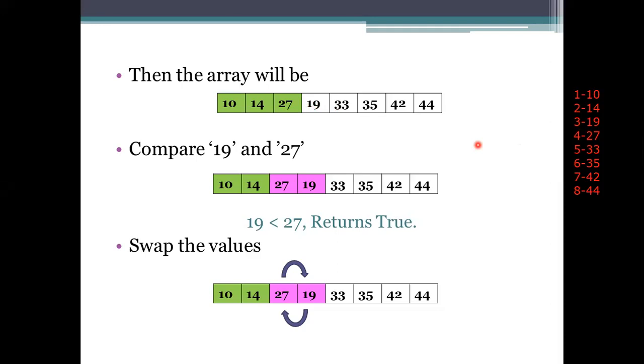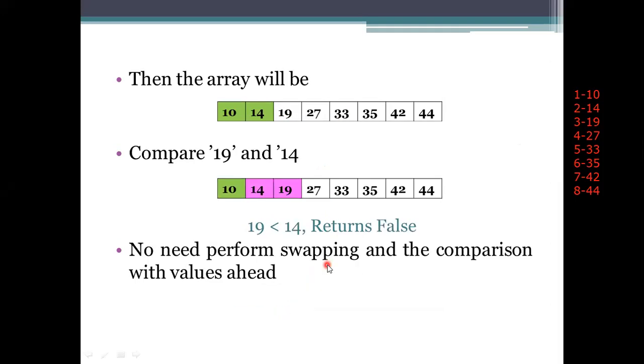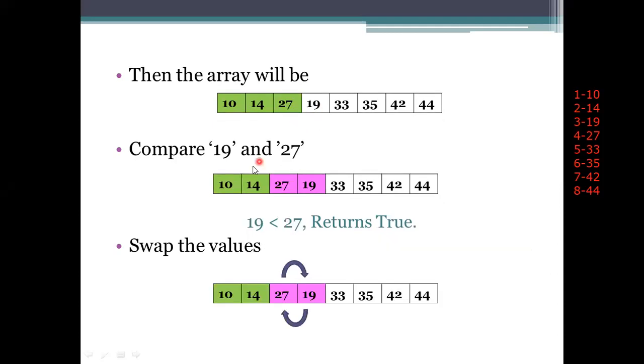If you are specifying logically, we need to check. If we are doing it manually, what you have to do is check where we need to place that one. So here this 19 will be compared with the 27, and returns true. We need to swap the values here, and the position of this one will be changed. Okay. So here this 19 and 27, up to this we are specifying it as a sorted one, because this is 3 that has been read, and we have specified these 3 are in a sorted list.